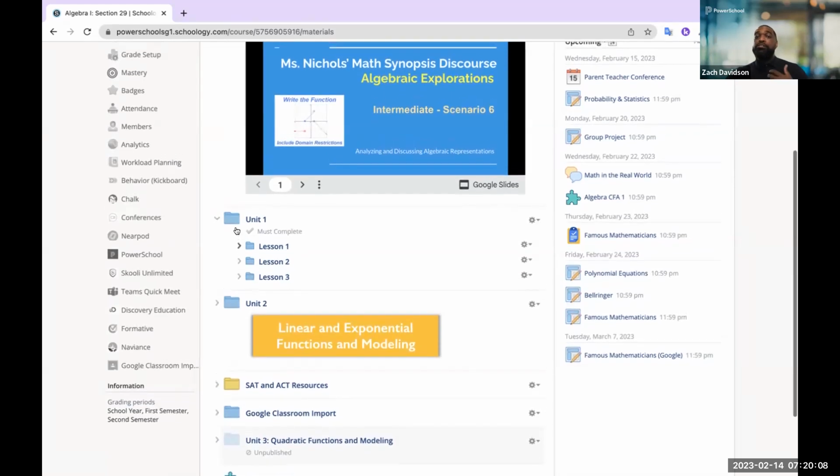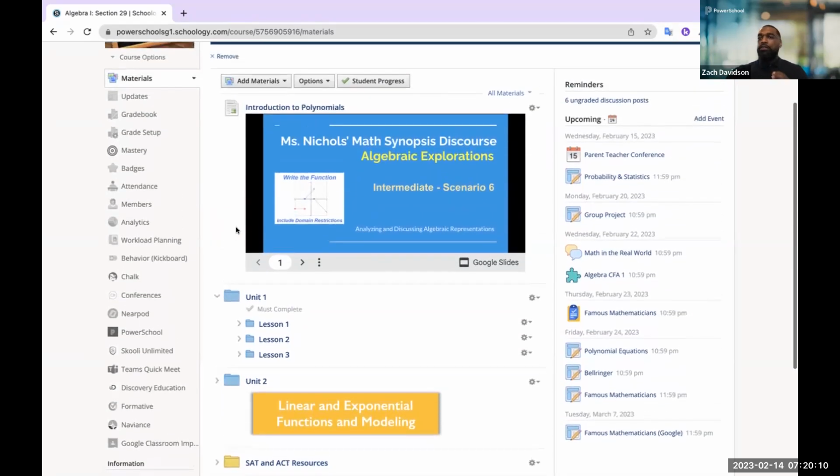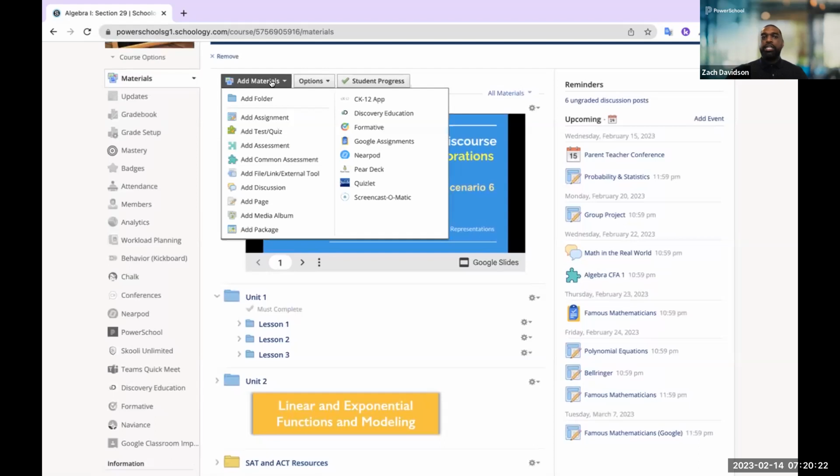Now, when it comes to building the content, I really want to focus this aspect of the conversation on the ease of use around building course material to engage your students. In this example, what you'll notice right at the top of the course here is an opportunity to add materials. And there's a plethora of content that you can see here. The 3 distinct ways that Schoology allows teachers to author content is first, the thought around importing from resources.